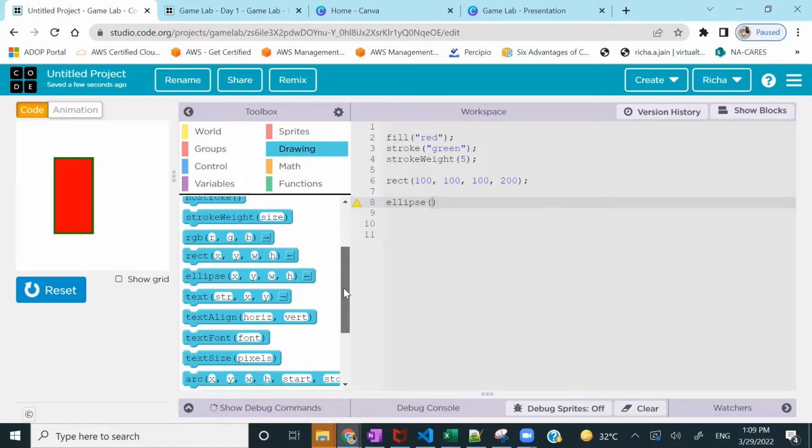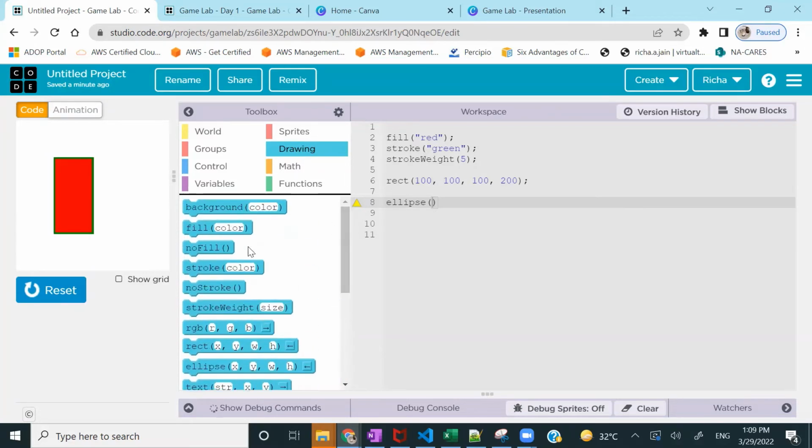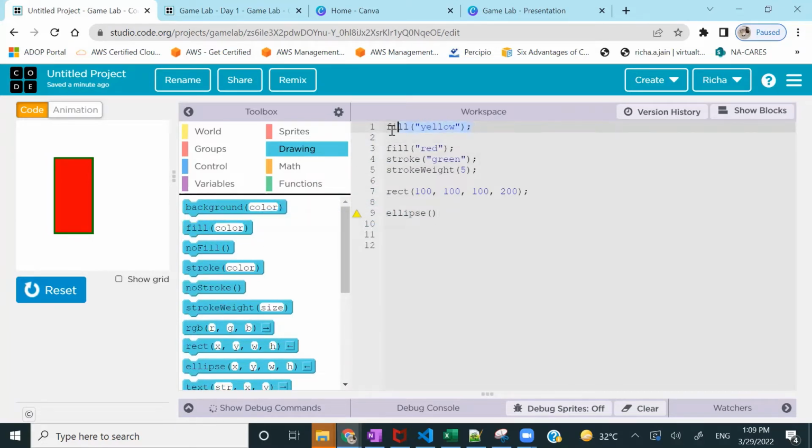All the smaller kids who want to use this still as block-based programming can anytime go to this drawing toolbox and pick your blocks from here, right? So you can see you have this fill, which I had used here. You can fill it like this, and you can use this particular block. You can use stroke here.